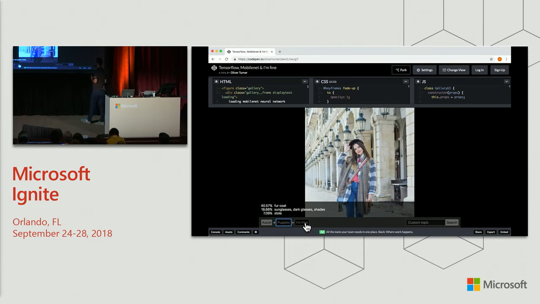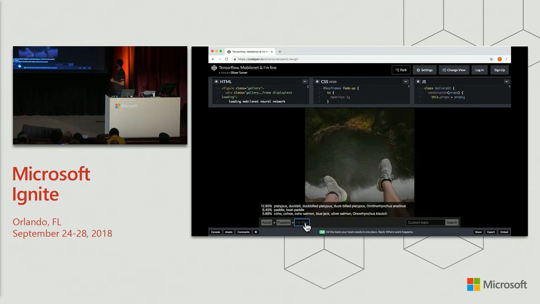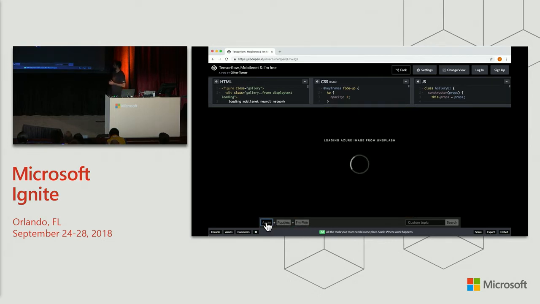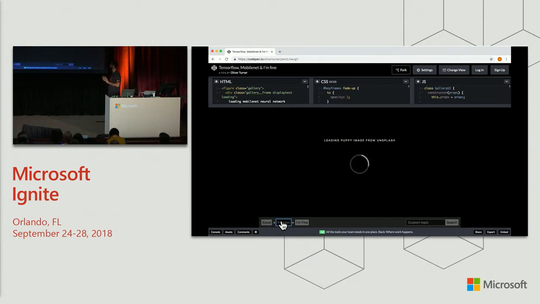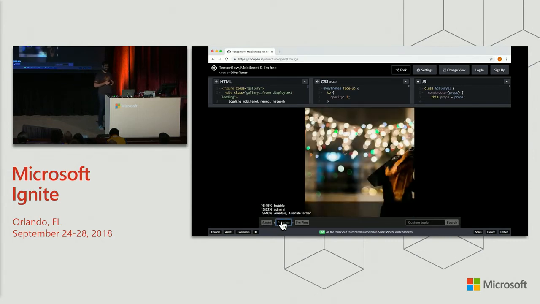And if you search for I'm Fine, I can't remember what it gives you, actually. Oh, yeah. Platypus, duckbill platypus, paddle boat. OK, probably not the best one. Let's do Azure again. Fountain, hayrick. OK, whatever. It's probably not doing that great a job at this point. But sometimes it does an OK job. Most of the time, it does a pretty bad job.